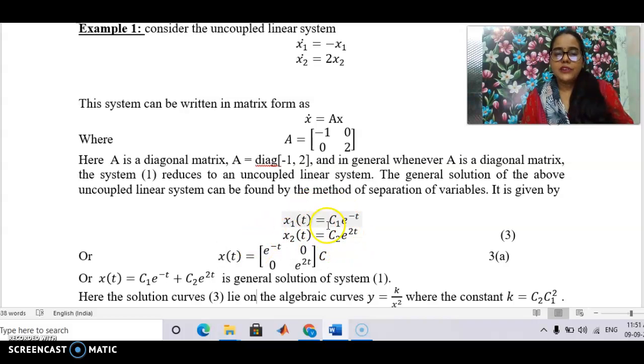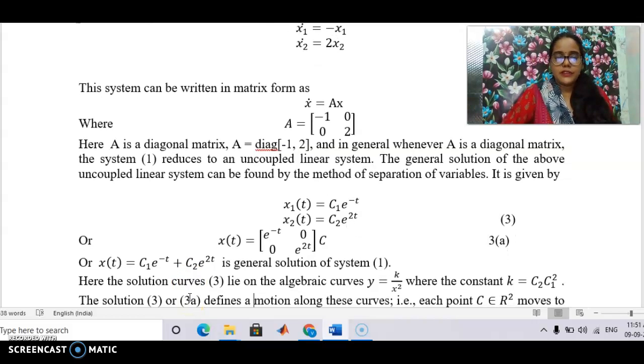अब यहाँ पर जब आपने ये सोल्यूशन को लिखा इन टर्म्स ऑफ मैट्रिक्स तो क्या मिलेगा, x3 because x having component x1 and x2, तो we write x3 will be equals to this e to the power minus t, पहला 0 0 and e to the power 2t. इस टाइप की diagonal matrix and c1 c2 is nothing, it can be considered as a constant c. Constant c have component c1 comma c2. Every c is column matrix, x3 is column matrix x1 x2, c is column matrix c1 c2, or the general solution is sum of these two factors.